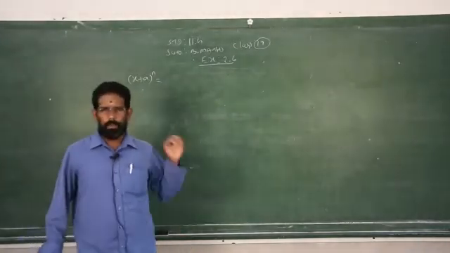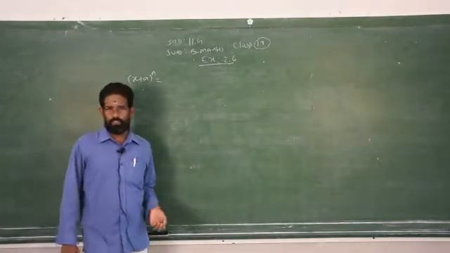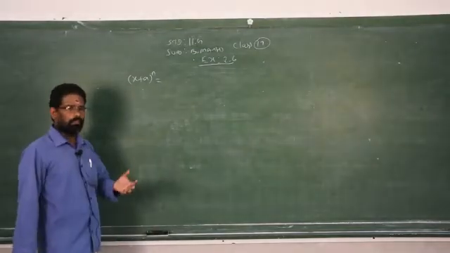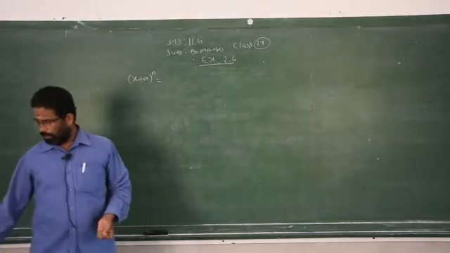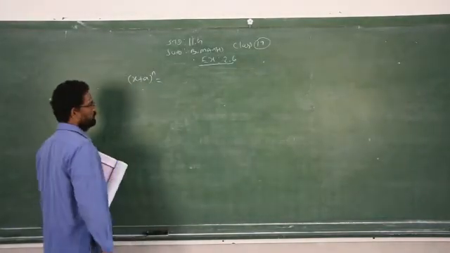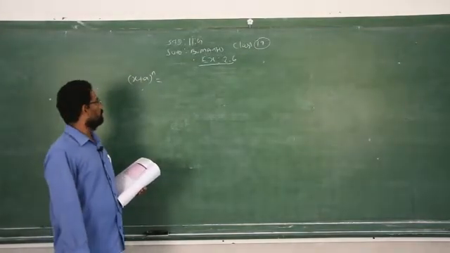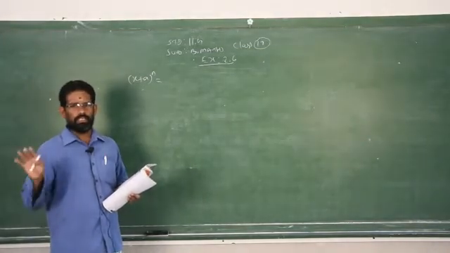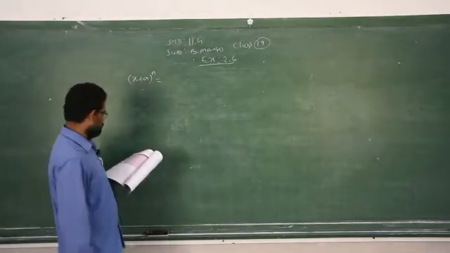From the binomial theorem only, we will find a plus b the whole square, a minus b the whole square, a minus b or a plus b the whole power cube. So all those identities are brought from where? From the binomial theorem. So this is a new concept, but the specific concepts you learned already in lower classes in terms of identities: a plus b the whole square, a minus b the whole square, a plus b the whole cube and a minus b the whole cube. But all those identities you studied in the lower classes are brought from where? From the binomial theorem.